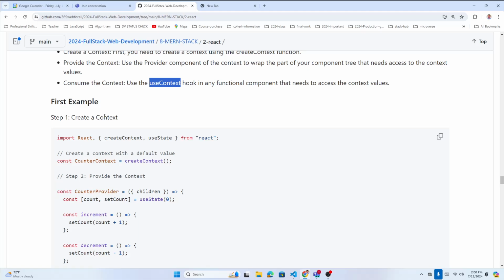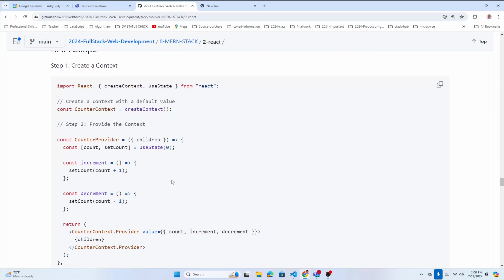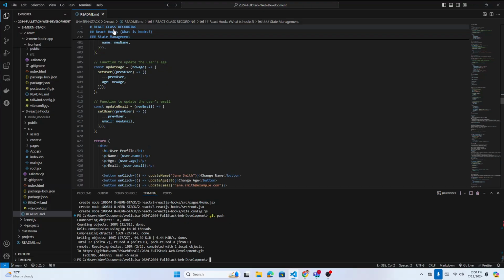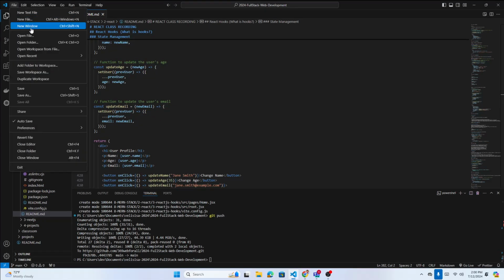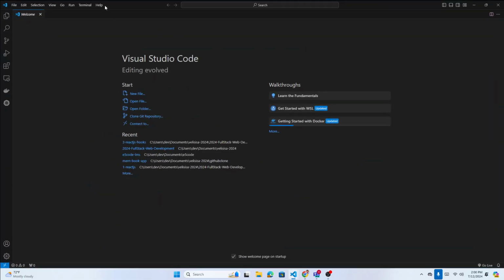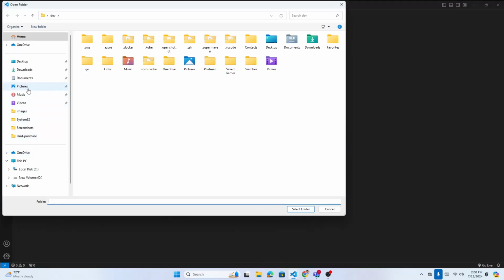So we have the simple, basically, counter, let's call it counter app, right? Counter app, okay? So let's go and write code and try to understand these 3 stages, okay? Let me quickly open that new project I have created today, just to make it a little quicker. File, open folder, and